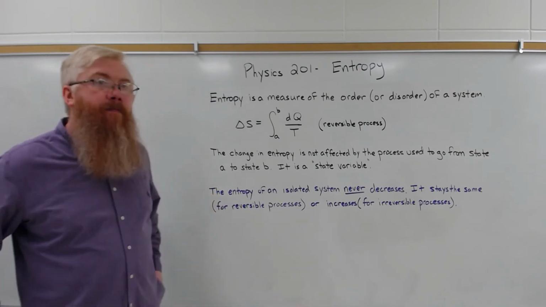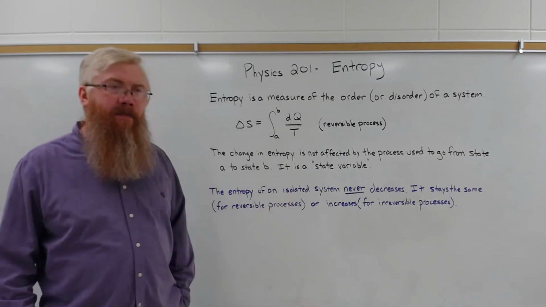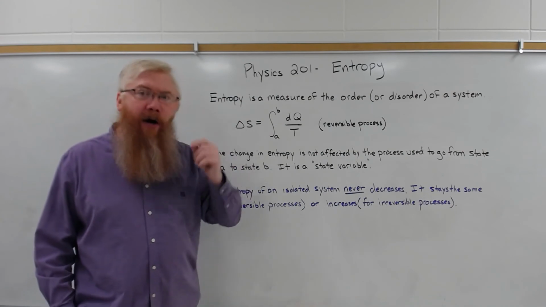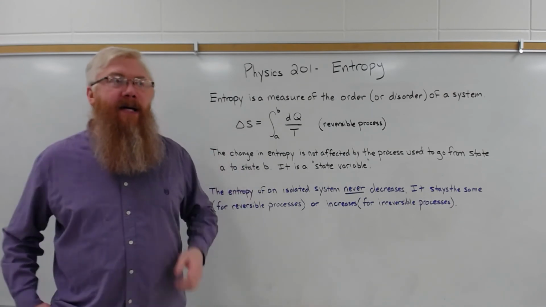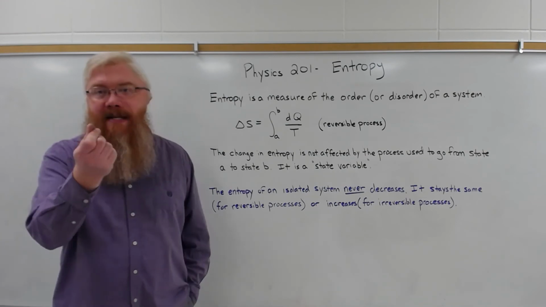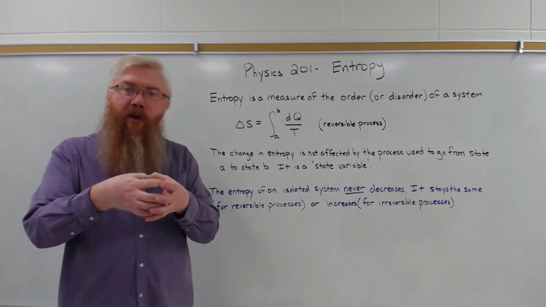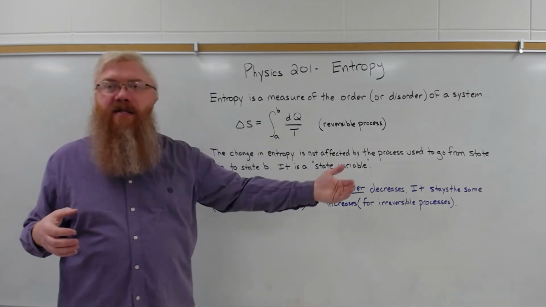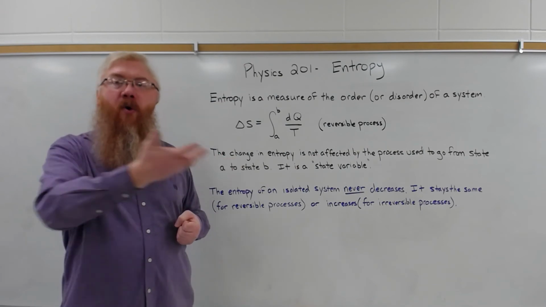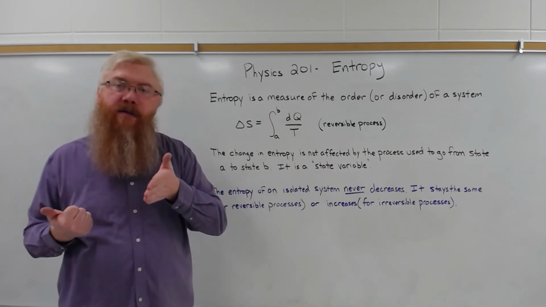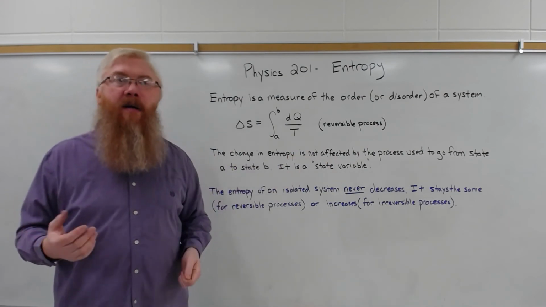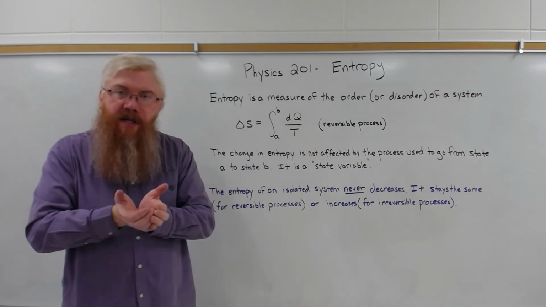Sometimes the second law of thermodynamics, the concept of entropy, is incorrectly used to argue against the theory of evolution. The idea is, how can evolution be true? Look at how complex human DNA is. How can a simple organism billions of years ago evolve into the complex organism we have today? That is an order, right? That's increasing the order of the system. It's not becoming more disordered, it's becoming more ordered. How is that possible? Well, Earth is not a closed system, right?